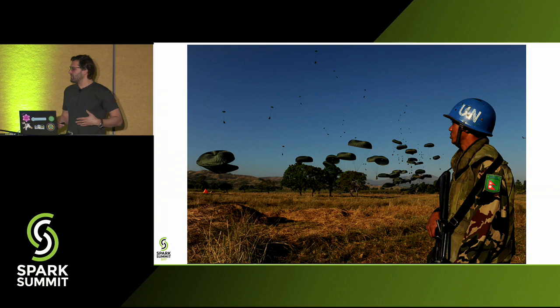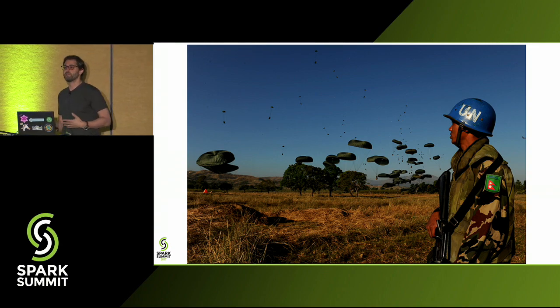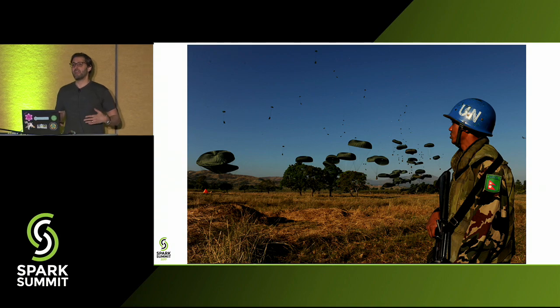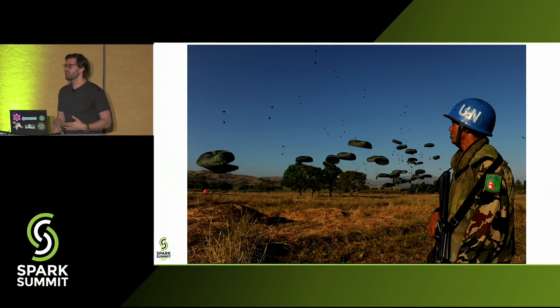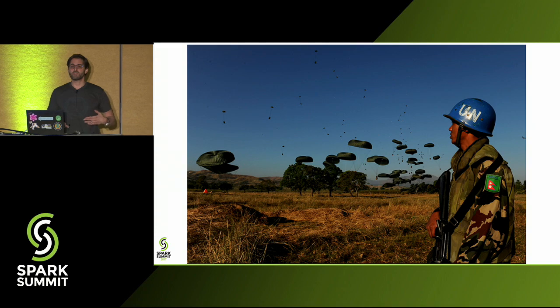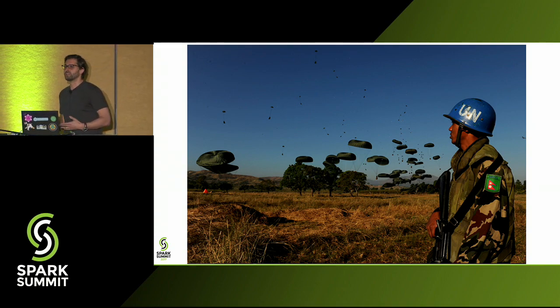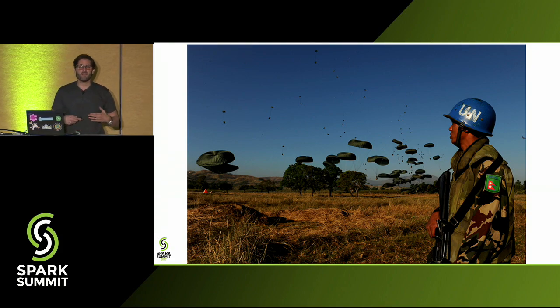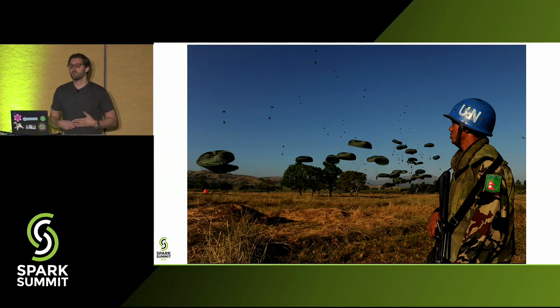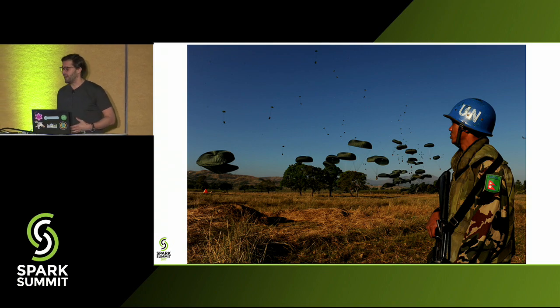So the one project I wanted to share is one where we started partnering up with the United Nations, more specifically the Office for the Coordination of Humanitarian Affairs, a little over a year ago. They're tasked with delivering humanitarian aid, or constructing humanitarian aid plans, for the most vulnerable individuals in the world based on these crises that are occurring. These crises can range from refugee displacement to famine or hunger or terrorist attacks.